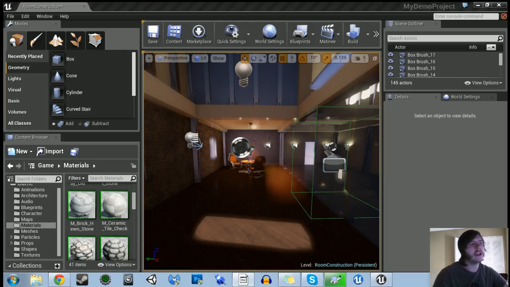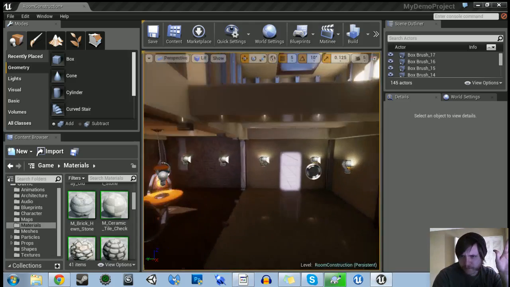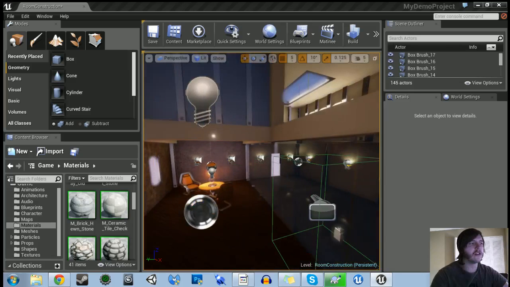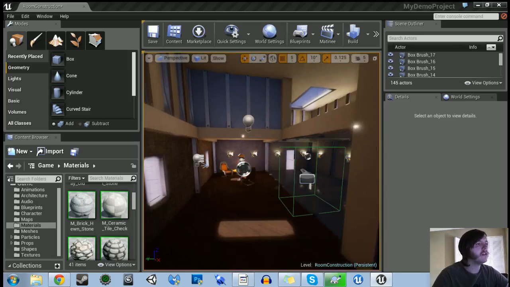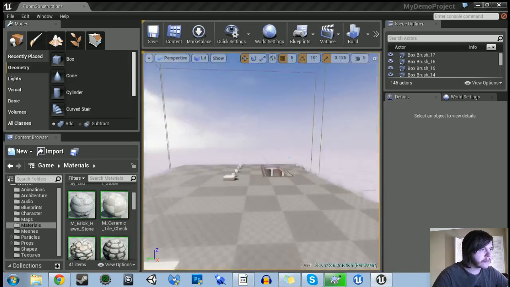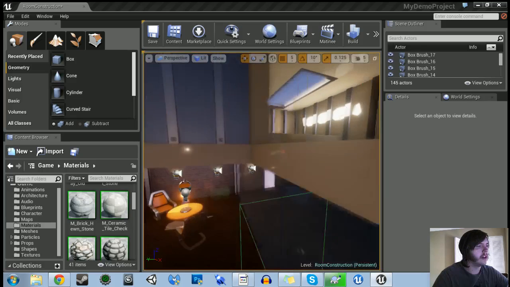So if you've watched, they actually have tutorials on Unreal Engine 4 already, made by the guys at Epic. If you watch one of the level construction ones, you'll make this room. So this is the scene I'm going to just work with since it's already made. It looks nice. But one of the main things you'll notice, at least with Unreal Engine 4, is the absence